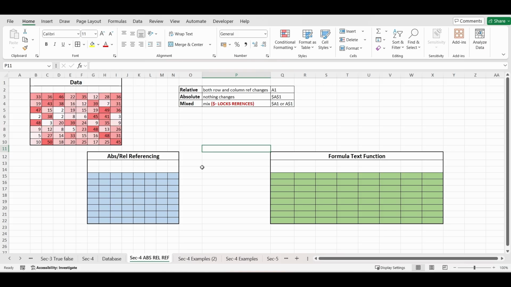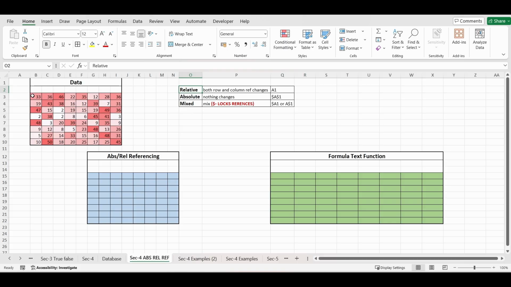We will first understand how cell referencing works in Excel and how a formula is translated using cell referencing. So Excel has three types of cell referencing: relative, absolute, and mixed. The normal kind of cell referencing you see in Excel is relative referencing. So what does all of this mean? Let's see it in action.